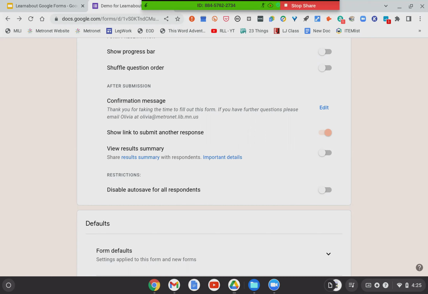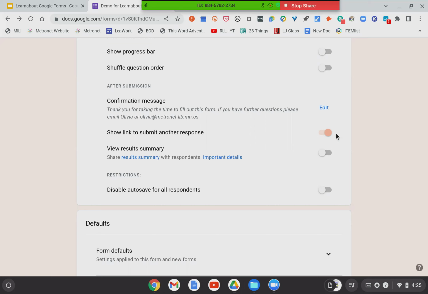But I find thanking them is polite, and I like to take that opportunity to include my name and my email in there, just so if sometimes something pops up, somebody's reading the form and they're going, huh, I never thought about this more, and they have further questions or something that's only tangentially related and they want more feedback. It's just a good way to give them a chance to get in touch with me.